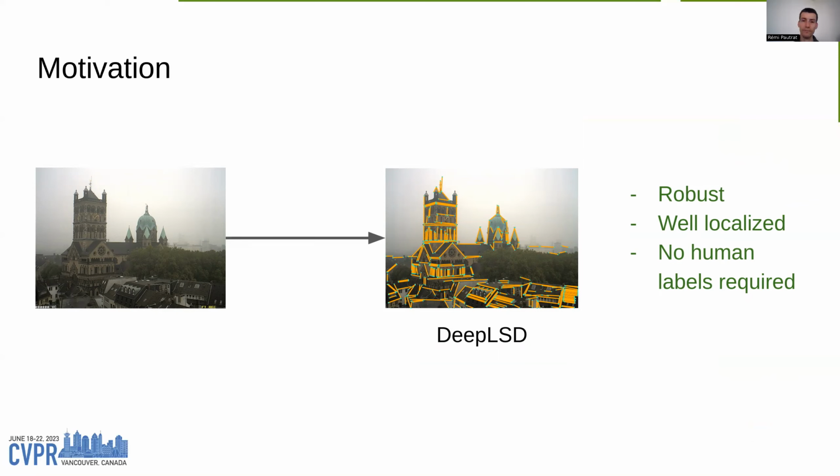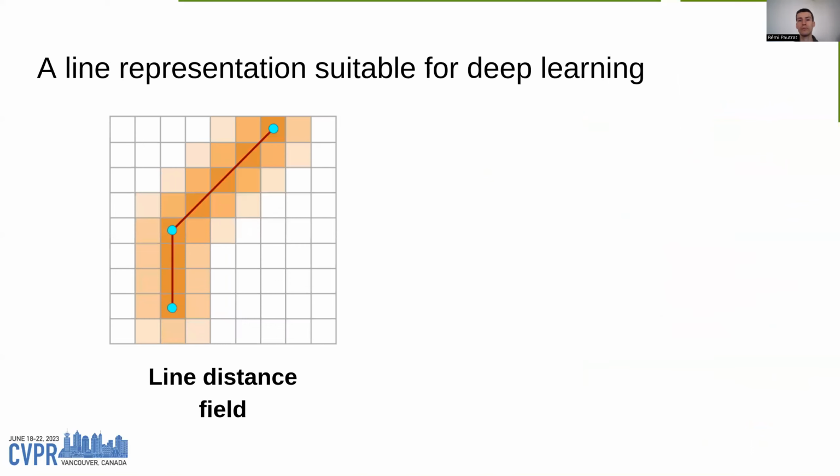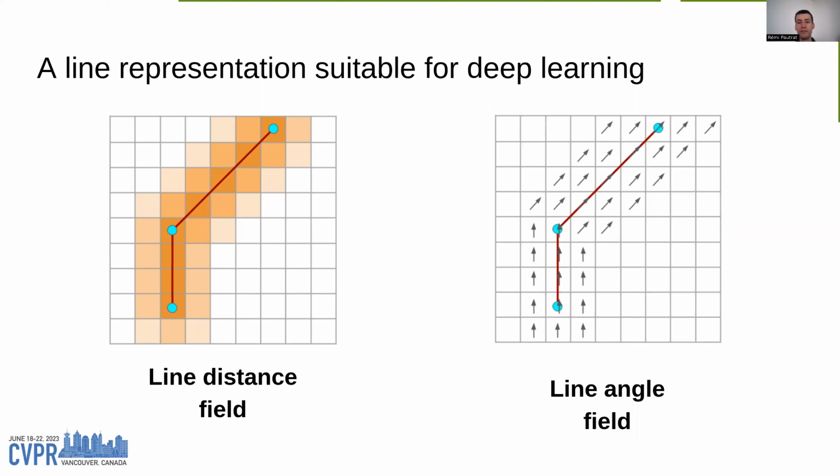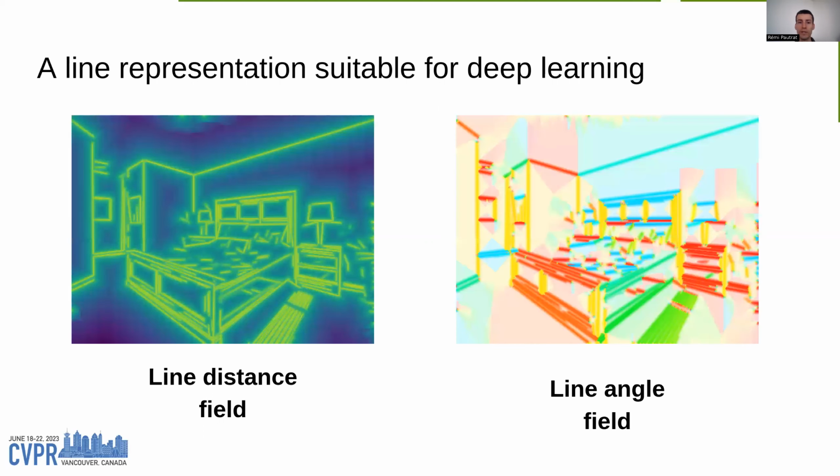So how does it work? First, we need a suitable line representation, and we adopt the attraction field one. We have two outputs in this representation, the first one being the line distance field, where every pixel in this image is voting for the closest line and returning the distance to that closest line. The second one is the line angle field, where every pixel is returning the orientation of that closest line. We thus obtain two continuous images, the line distance and the line angle fields, which are suitable to be learned